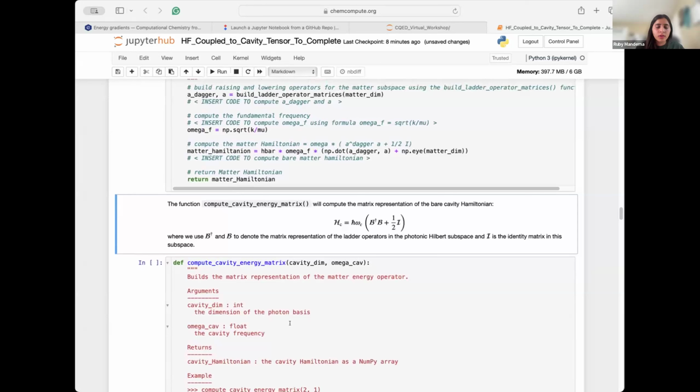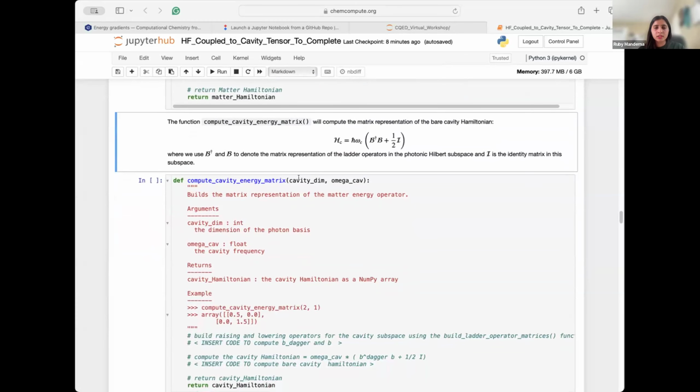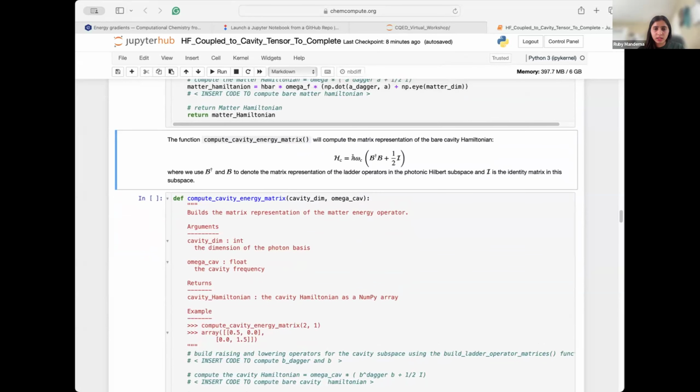Now, next, what else do we need to build the P dot A Hamiltonian? Next, we need the bare cavity Hamiltonian term, which we can define as h bar, frequency of the cavity, and then b dagger b plus half of the identity matrix. So for that, we will define a function compute cavity energy matrix, and we'll give parameters cavity dim and omega cavity, because these are the two things which